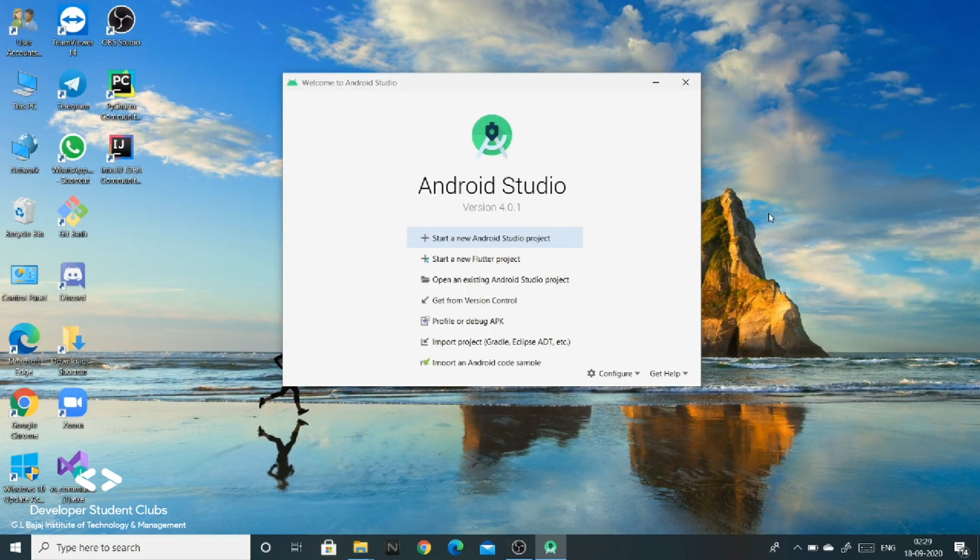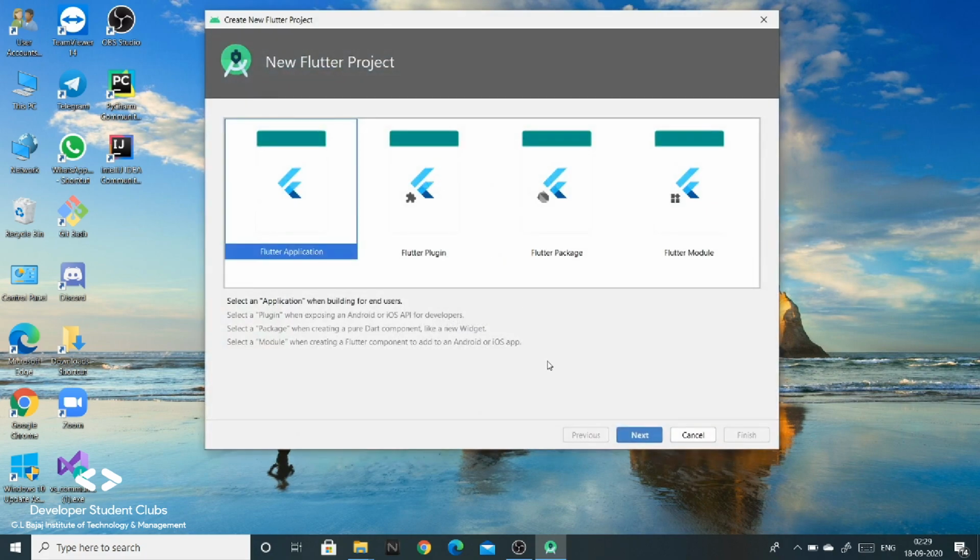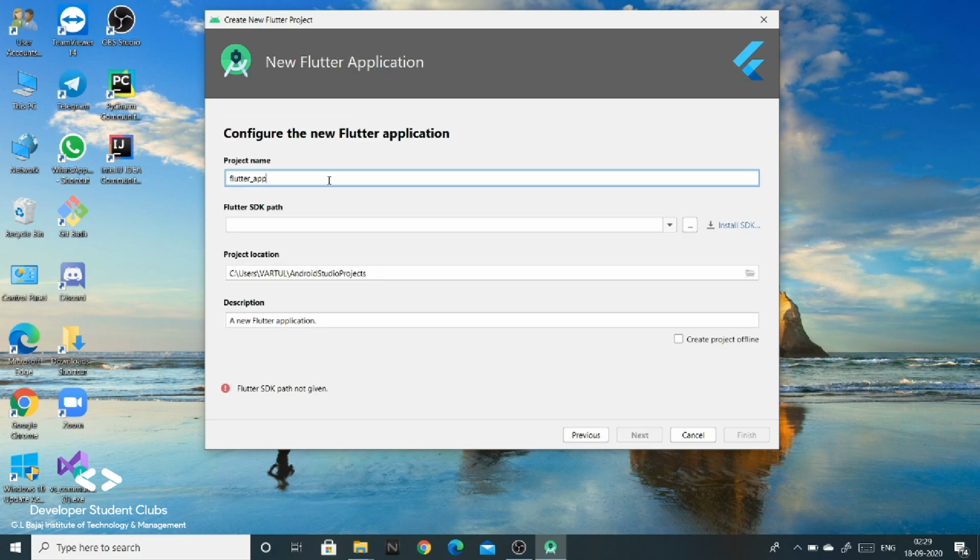So now that we have set up everything to start with Flutter, let's create a demo project. Click on Start a new Flutter project. Click on Flutter Application, next. Here you can provide the project name. I will leave it as the default. And for the Flutter SDK path, you just need to browse to it.